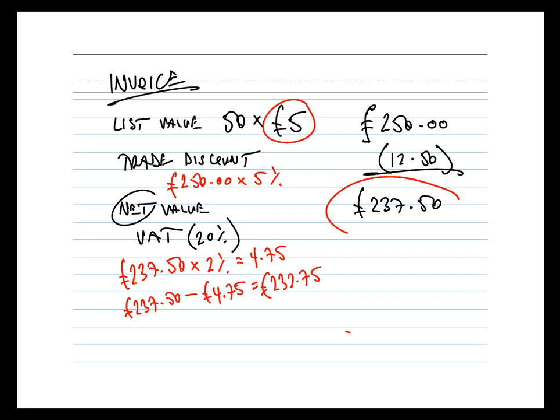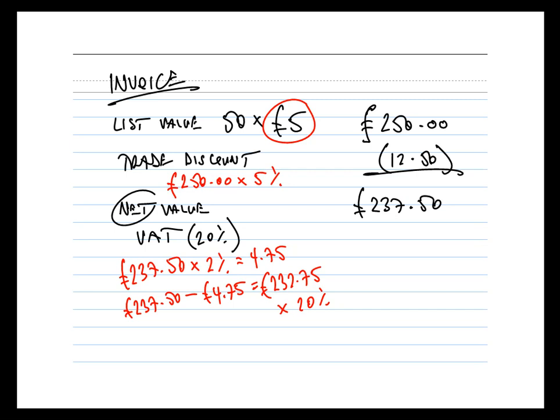Now remember, that's not what I'm going to be invoicing the customer. We're invoicing the customer a net value of £237.50, because at this stage we don't know if they're going to settle early. We don't know if they're going to take that £4.75 settlement discount, but the VAT is calculated after deducting it. That's the rule, that's the legislation. So if I now take £232.75, my fully discounted value, and multiply by 20% or 0.2, I get a VAT figure